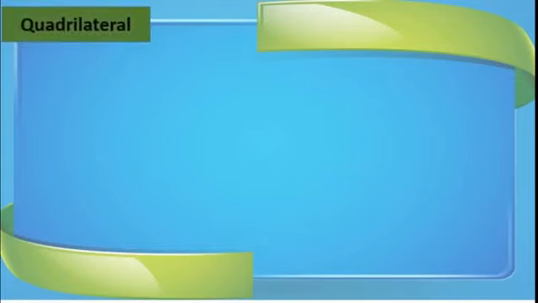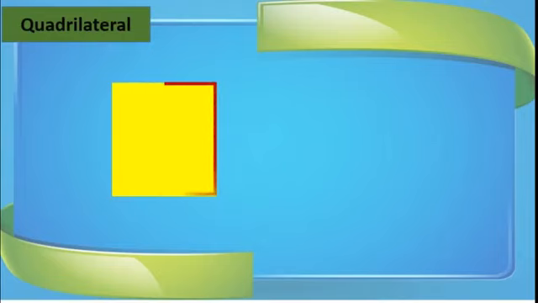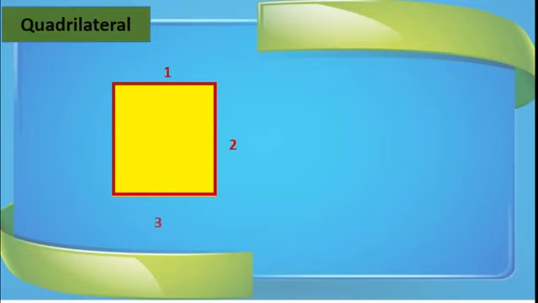Now we will study something more about the quadrilateral. See students, this is a quadrilateral because it has 4 sides and is a closed figure. Now students, we will count the edges and corners of this quadrilateral. See, this is called an edge. This is the first edge, second, third and the fourth. Means you can write here the quadrilateral has 4 edges.